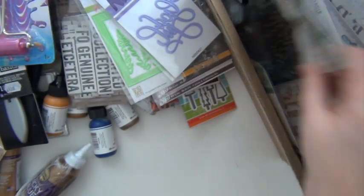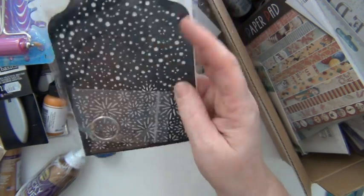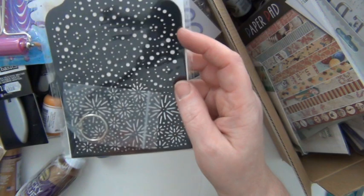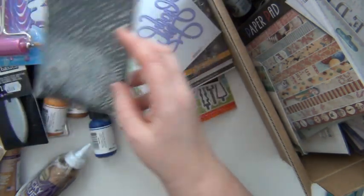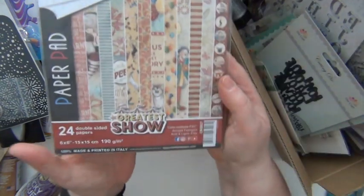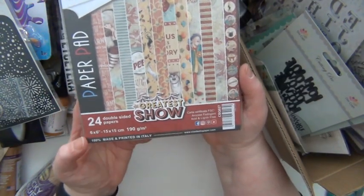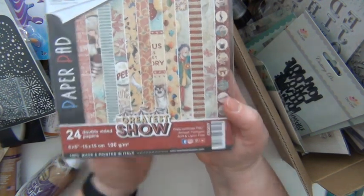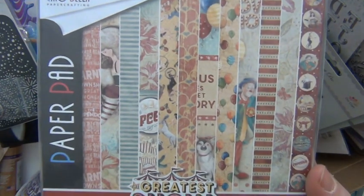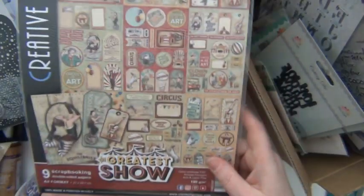God Jul. Here's another beautiful stencil from Studio Light, and I'm thinking of New Year's fireworks when I see this one. So MA02. Here's a set of papers, 6 by 6 inches, from Ciao Bella, The Greatest Show, and there's a circus theme going on here. I also have the A4 sized,